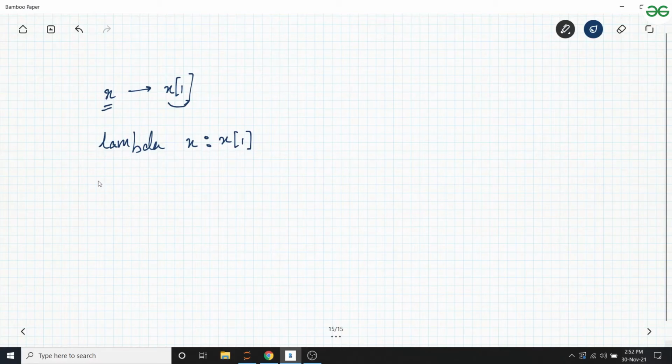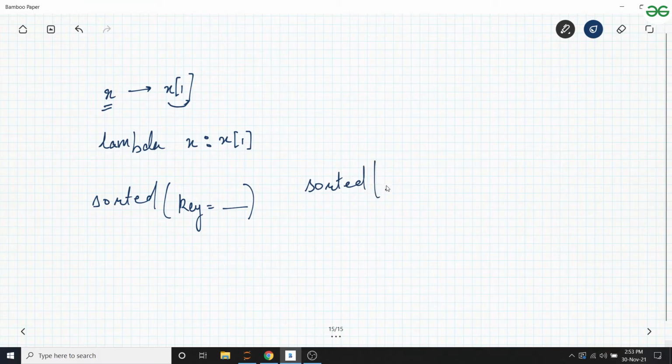And then I told you that in the sorted function, there is a parameter called key, which lets you sort the list in a particular manner. Okay, so is it possible for me to write sorted of my nested list and key is equal to lambda x goes to x of 1?